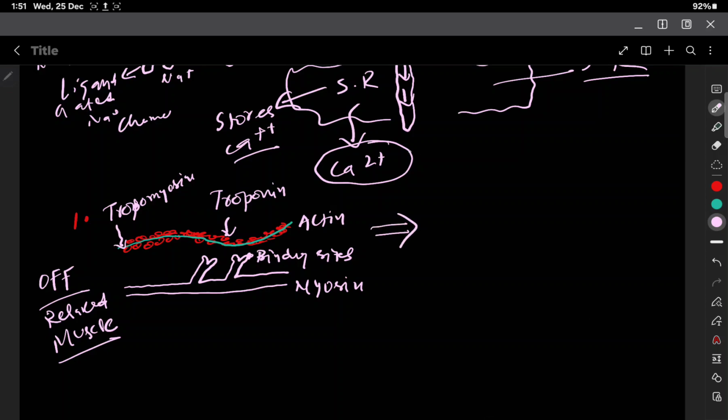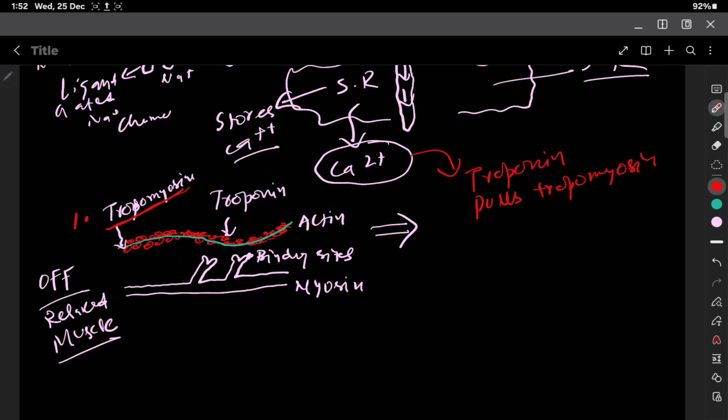The calcium which comes from the sarcoplasmic reticulum binds with troponin, which is present here. So this calcium binds with troponin and pulls the tropomyosin. See why this muscle is relaxed here? Because there is presence of tropomyosin. You can see this line here. This is the tropomyosin. When tropomyosin is present, the muscle will be in the relaxed state. When the tropomyosin is released, the active sites will be exposed,